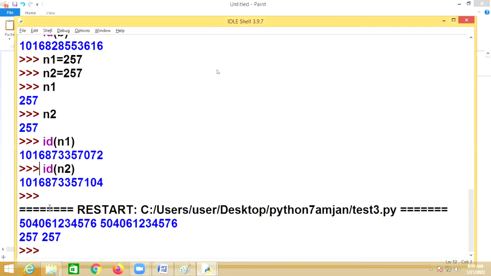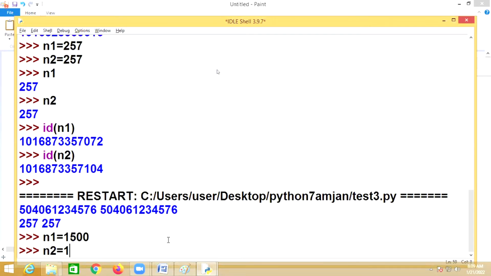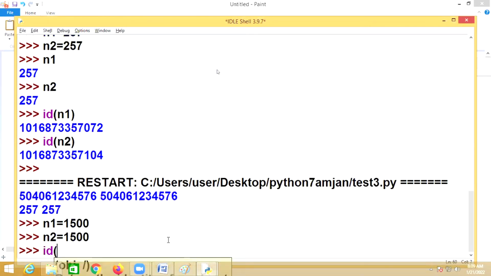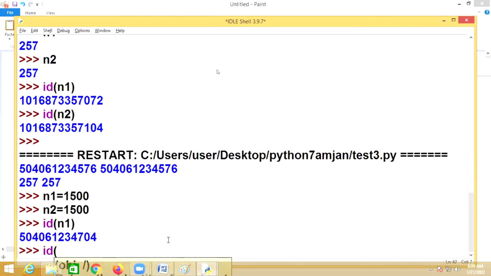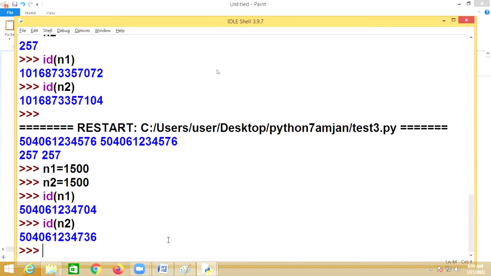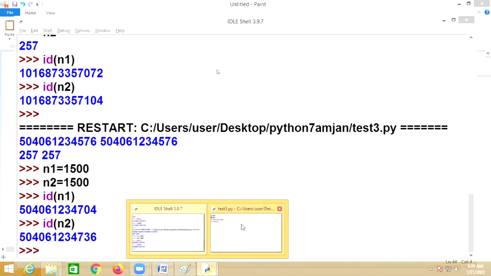Now somebody asked yesterday in the Google Classroom, okay, somebody gave it like this: n1 equal to 1500, n2 equal to 1500, and put a question. I'm not getting the same ID. Is it same ID or different ID? Different ID. But when you write a program,